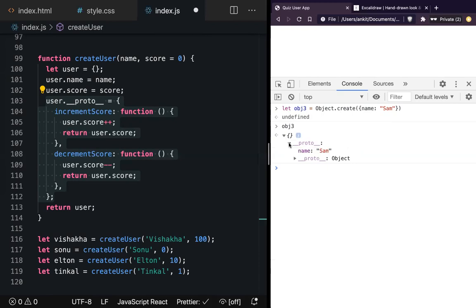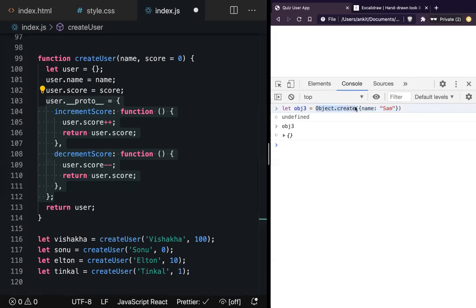You expand it, and what do you find here? Name Sam. So Object.create is a way to create an empty object and a way in which you can change the Dunder Proto by letting the browser know to do that. You are not doing it.